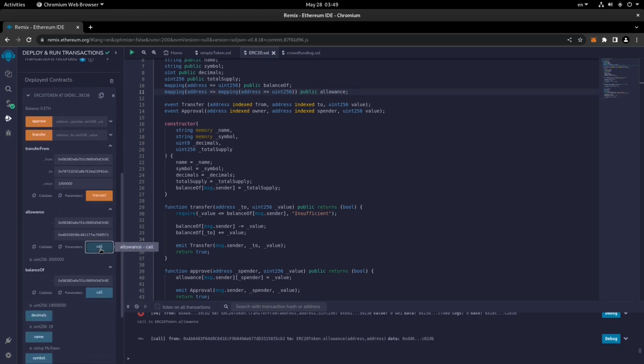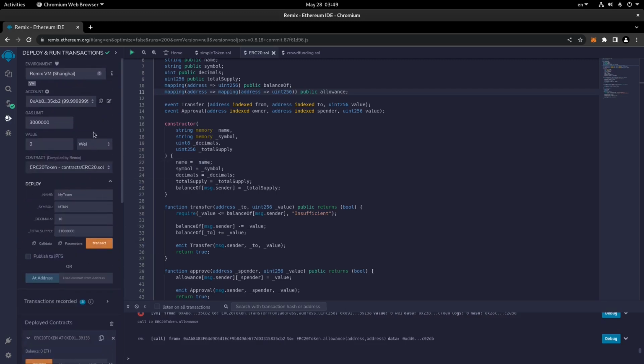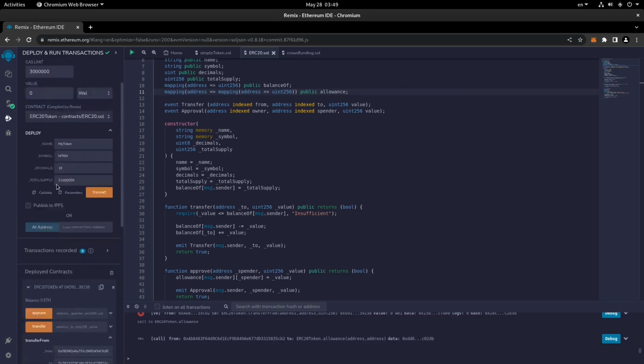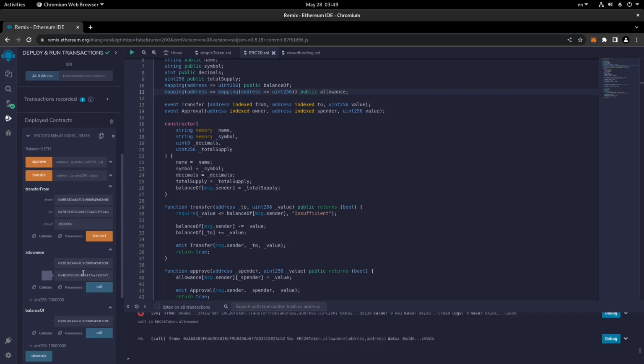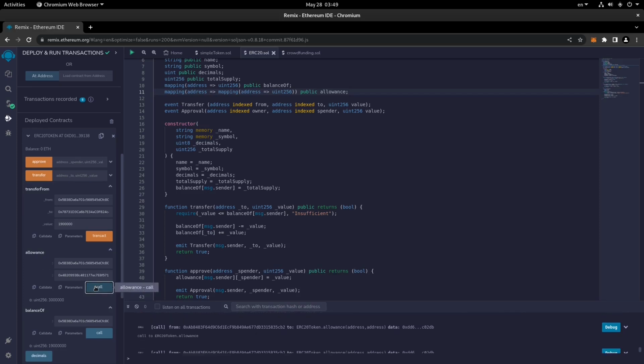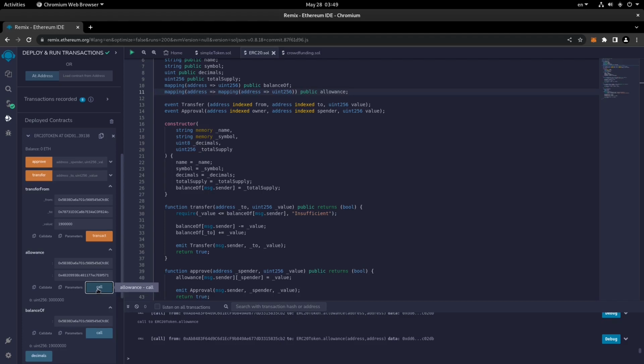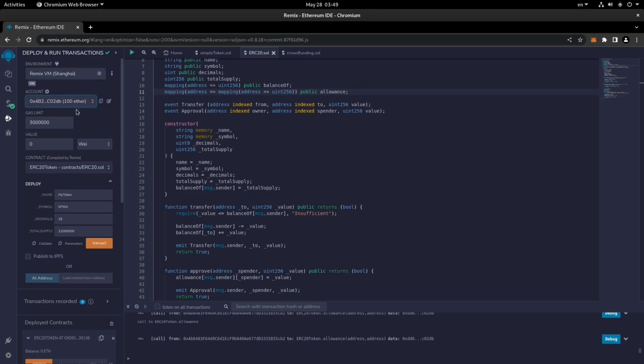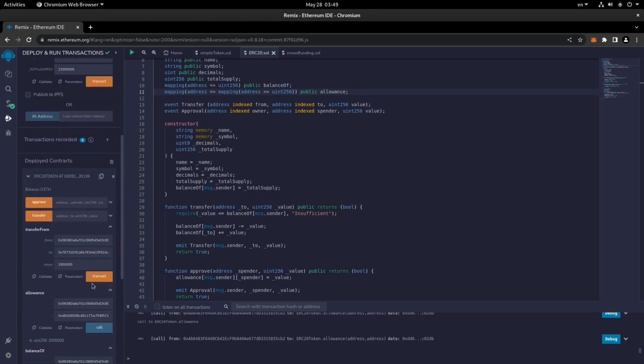So let me check the allowance right now. Let us check the allowance. As you can see, it's still 3 million, and it's the second address, the allowance of the value. So from this address to the other one, everything is all right. So the allowance of this address, this hasn't been done yet. Okay, this is the third address actually, so that should do that.